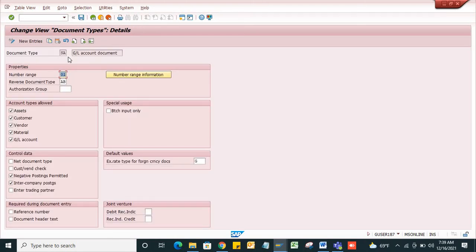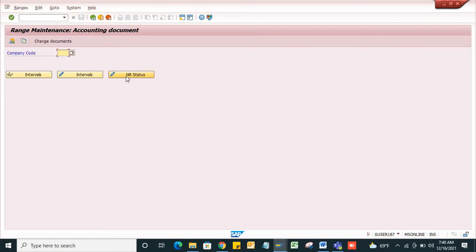For this general ledger account document, how do I identify the document? By using number ranges. If you post a document in SAP, you will get a particular 10-digit number. There are different numbers for each and every document. To identify these numbers, I will go to the number range information.